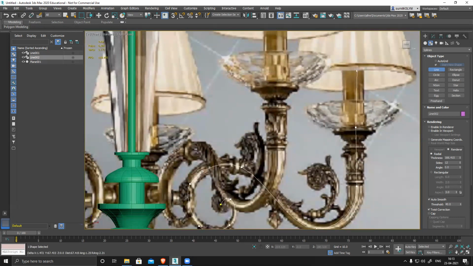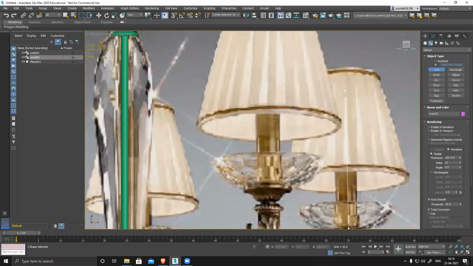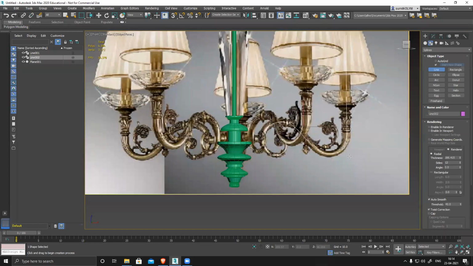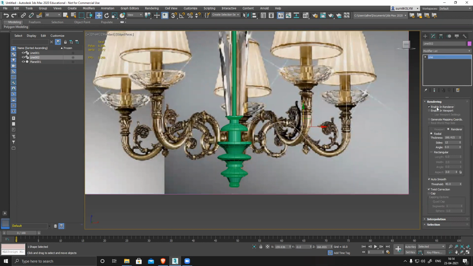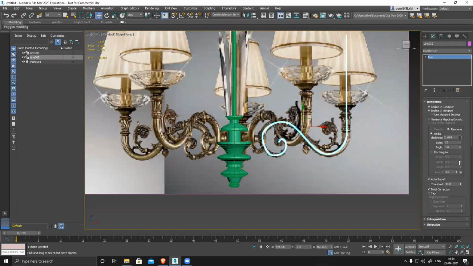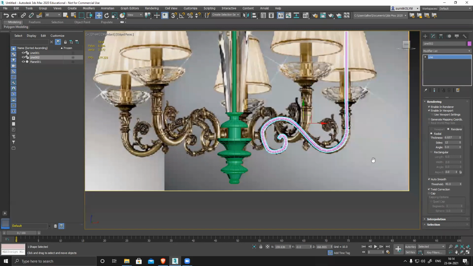And this thing continues still here. And this thing is supposed to be, I believe, glass or something. No, this is supposed to be metal only, so it's not visible. So I'll just continue this thing and right click. In this case, I'm not going to use lathe. I'll go and enable rendering and reduce the scale, average out.